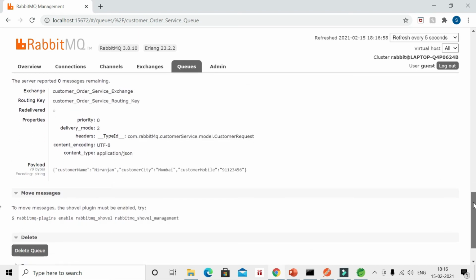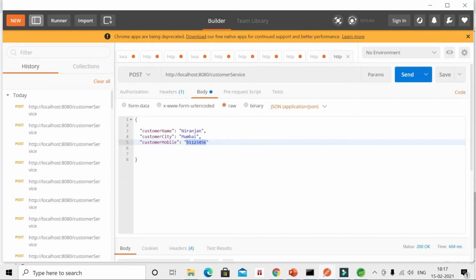So here Niranjan, Mumbai, and the number. Okay, it's coming. Now I will change something. We'll give a different name and we'll give Goa, and a number like 91 something.